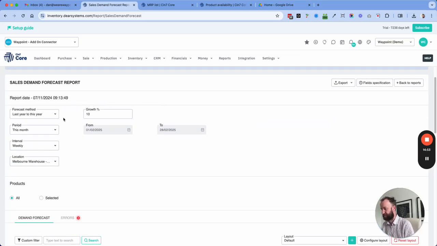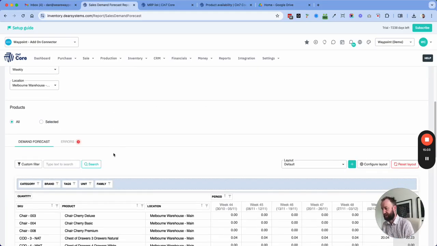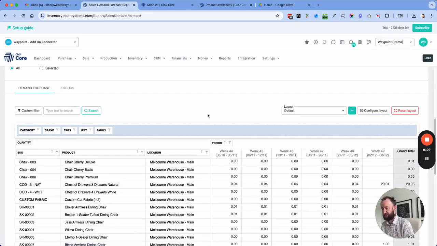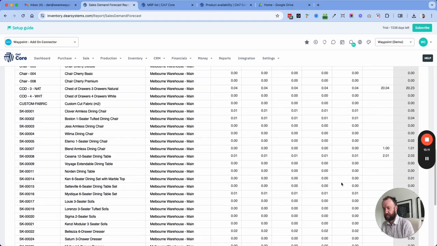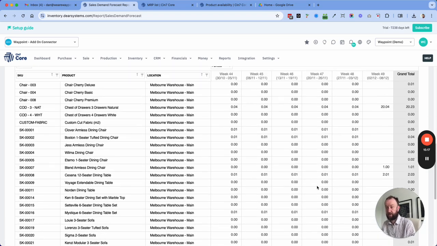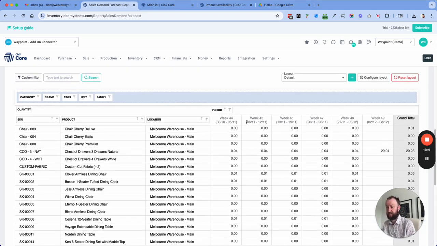So here, as an example, we'll look at last year to this year with 10% growth. We'll look at the month to come and weekly intervals for the Melbourne Warehouse. You'll see here there are some errors for products that we haven't sold in that period. But if we look at the demand forecast, you'll see there is some demand forecasted. Now, in this case, it's forecasting we're going to sell a third of a chair each week because, oh, actually,